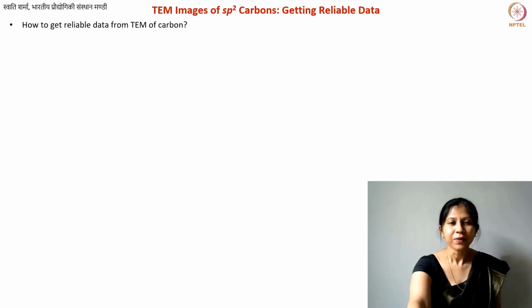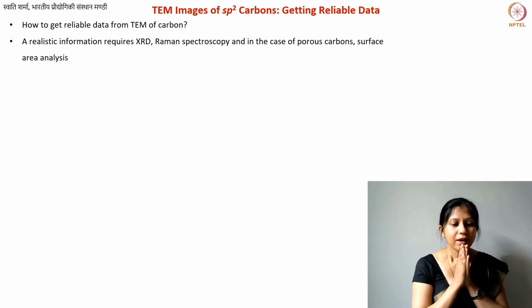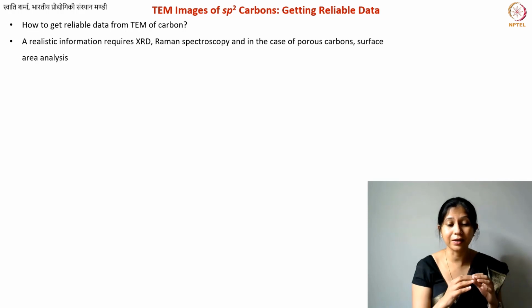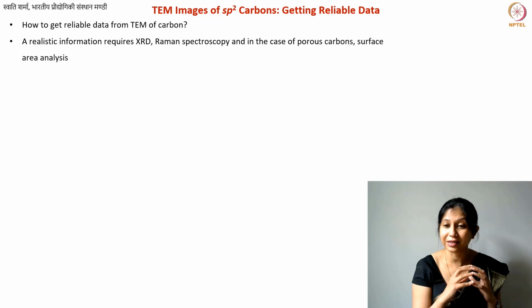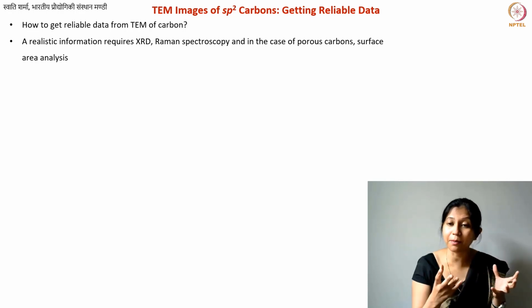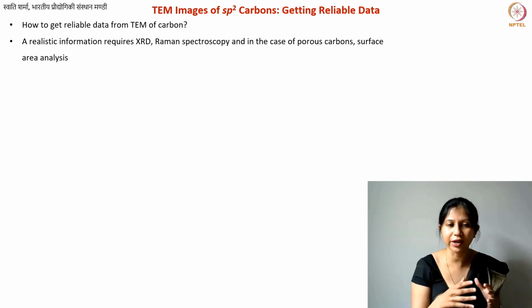Okay, so first of all, this is again important that you need to have other information about the material. So for example, if you want to see some closed structures, you see these particle-like structures that I showed you before in non-graphitizing carbons. Now we know that these completely spherical fullerene-like structures exist. We also know that if not completely spherical, highly curved structures definitely exist.